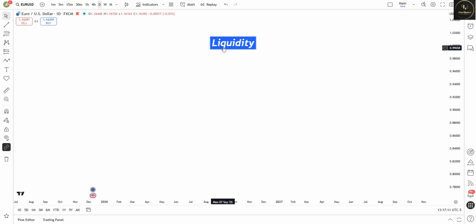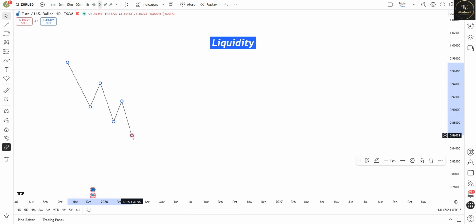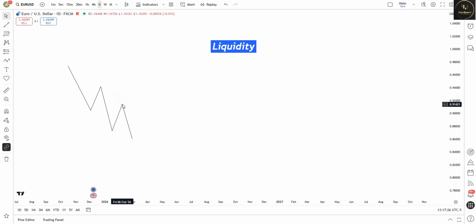So, in this session, we want to talk about liquidity. Imagine that we are currently in a downtrend. The market keeps making lower highs, and at some point you see that the market breaks past the previous highs. At this point, you might think that this is probably a change of character, and your expectation is that the